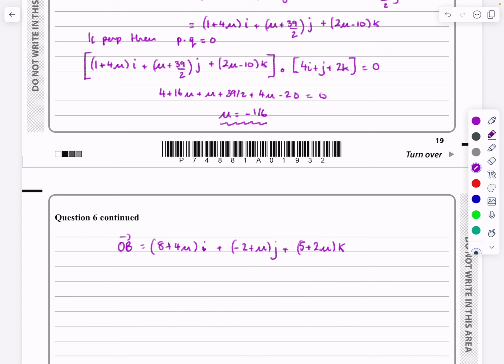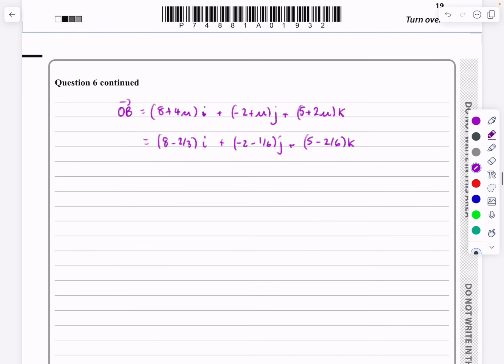Tidy up that i. And we know that mu is equal to minus a sixth, so if we put that in, we get 8 minus 2/3 i, we get minus 2 minus a sixth j, we get 5 minus 2/6 k,